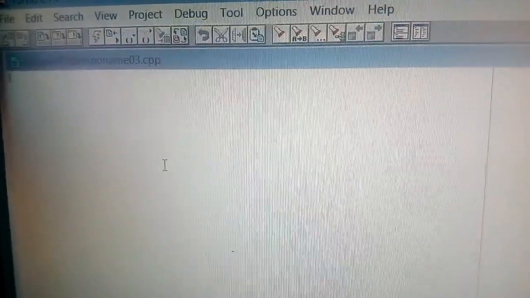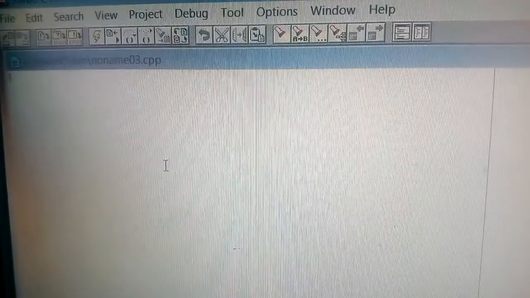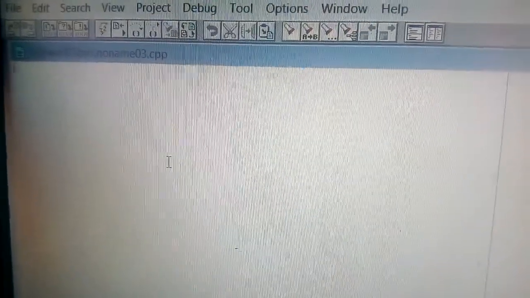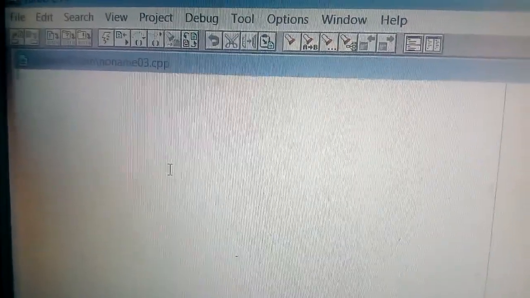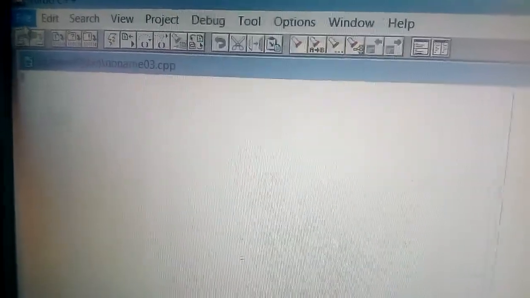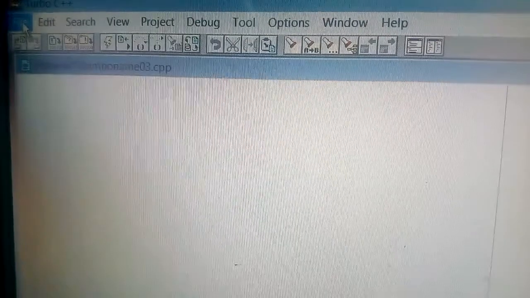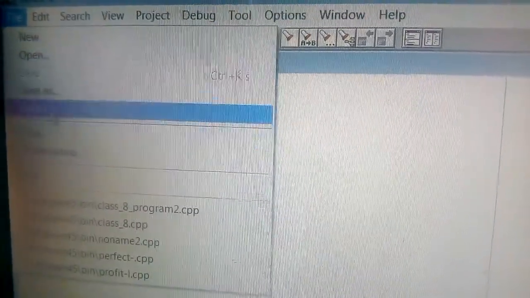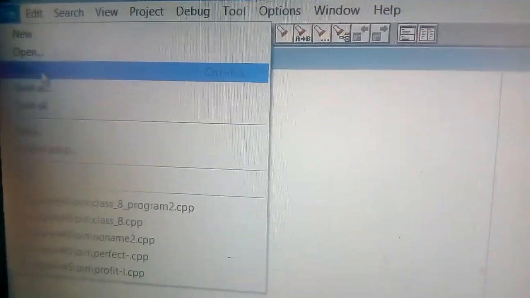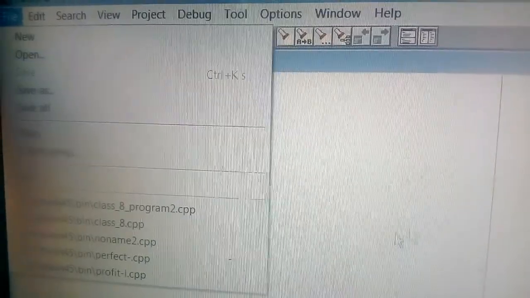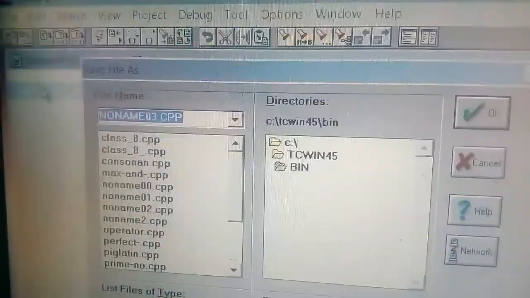If you have written the source code, written the program, and you have saved it, how will you save it? The shortcut key is CTRL plus K S, or you can go through this file and then here you can see save. Okay, so when you click on save, the dialog box will open like this.